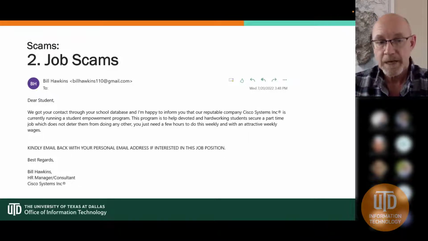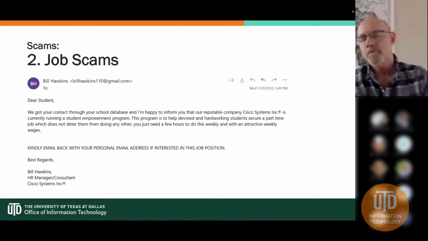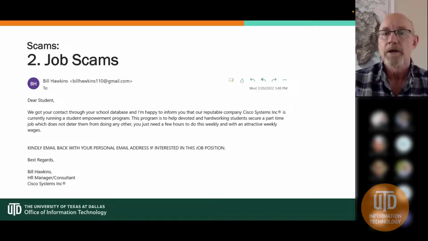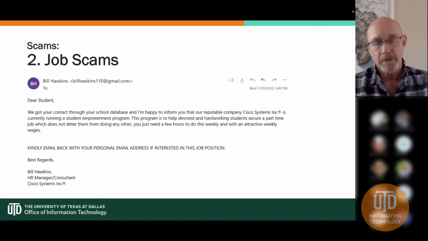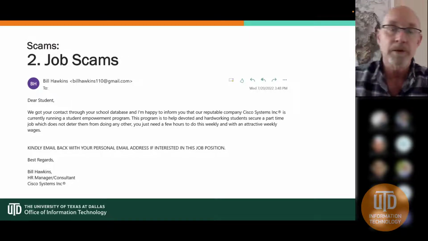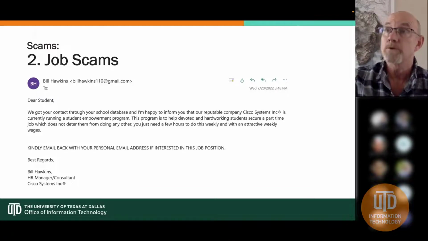And once again, you'll notice, "kindly email back with your personal email address." Now, the reason why they want your personal email address is they're very aware that there are guys like Lucas and me who are trying to sever all contact between the bad guys and you guys. We're constantly going through the email system. In fact, we've been doing this for almost 2 years now, where the university attorney gave us permission